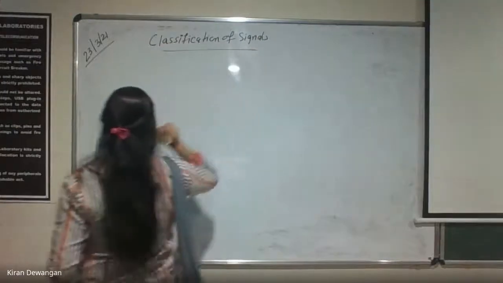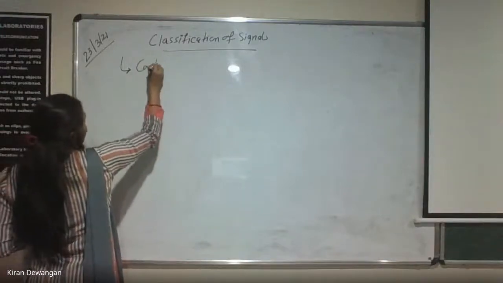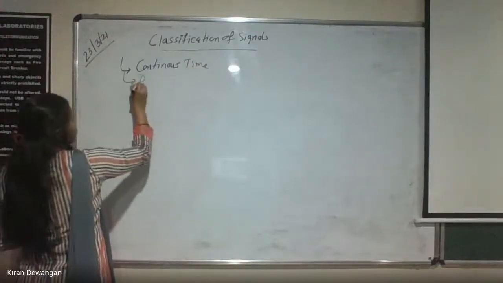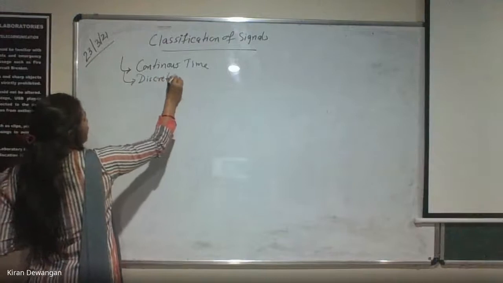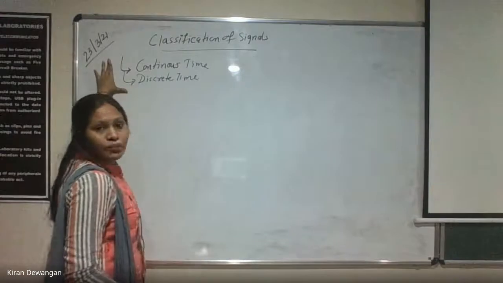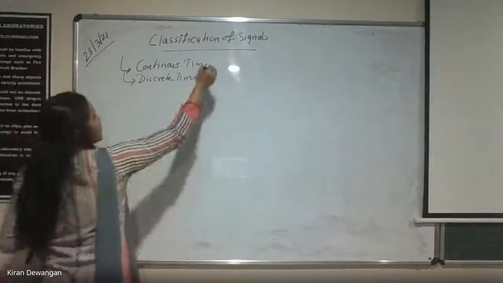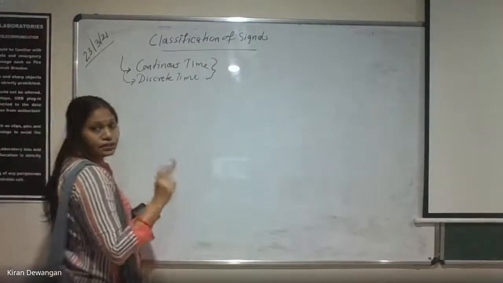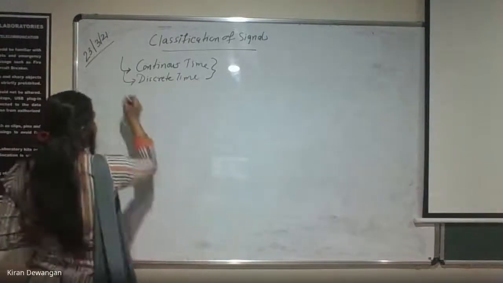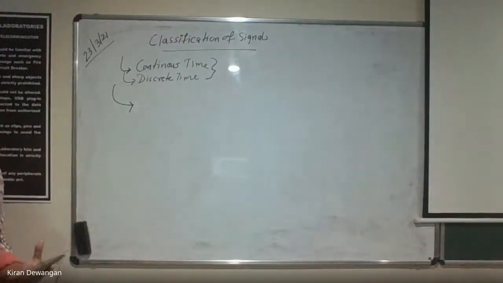Now, in the classification of signals, we have already studied the signals are classified as the continuous time and the discrete time. This is the basic classification of any signal. Either the signal could be a continuous time signal or it could be a discrete time signal. Now, further, these two signals, remember, if the signal could be a continuous time or a discrete time, it can be further divided into, classified as